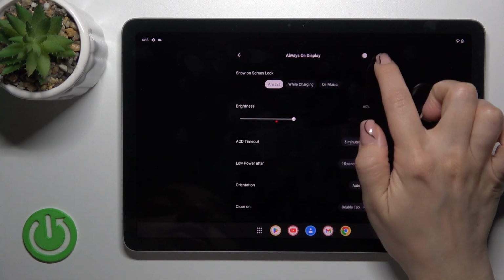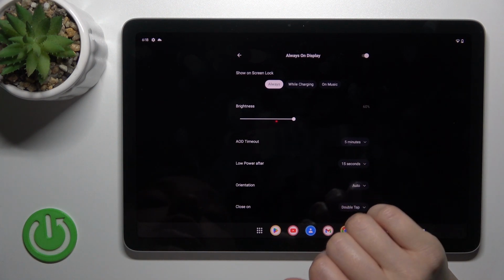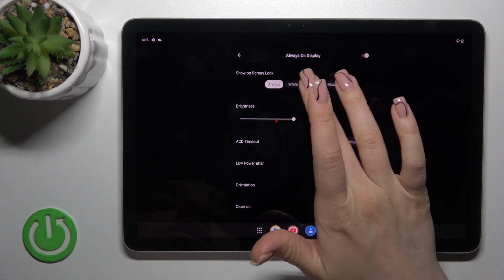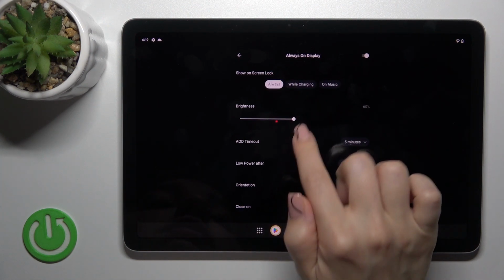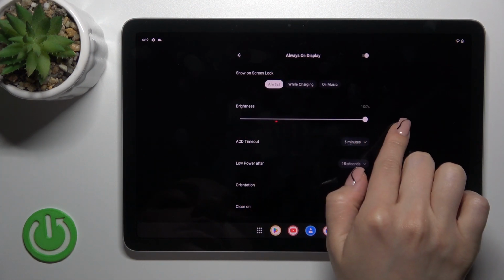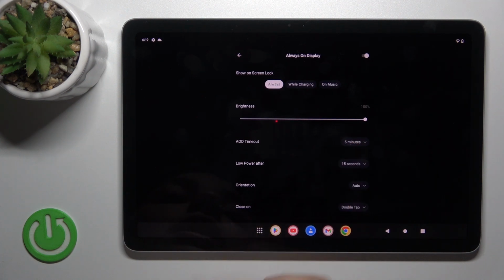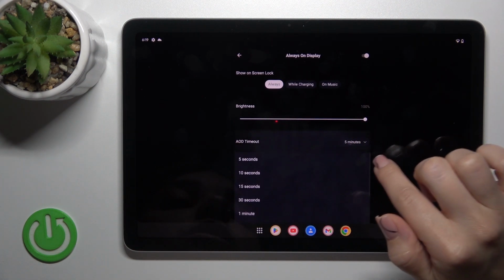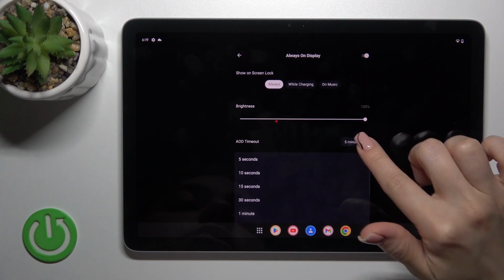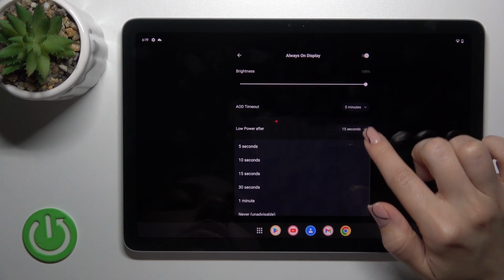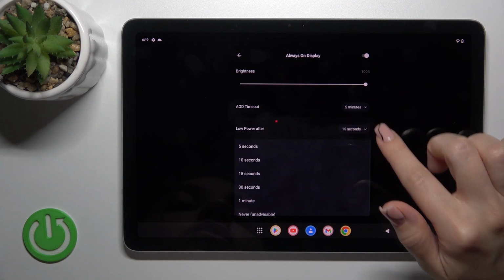Here we've got the switcher with which you could activate or turn off the AOD option to show it on screen lock always, while charging, or on music. Also we could use them separately or together, and we could decrease or increase the brightness level from 30 to 100%, to change the AOD timeout from 5 seconds to never, to also change the timeout of low power after,